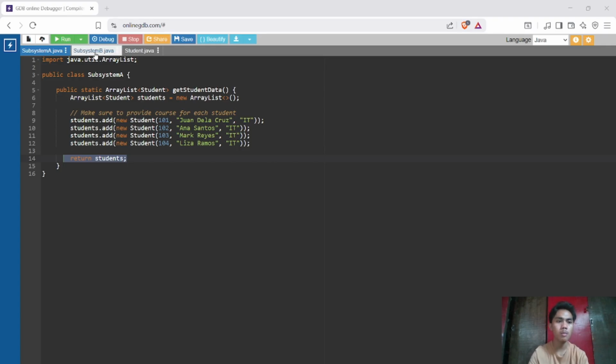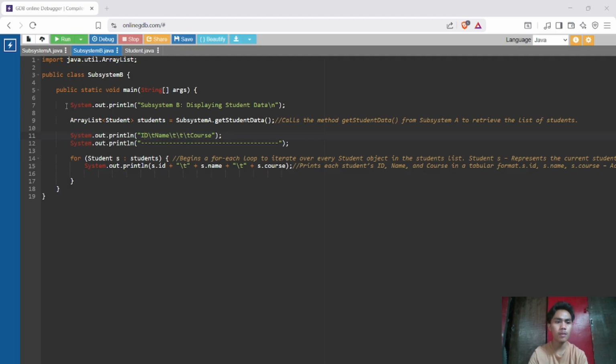So let's go to subsystem B. In line 7, it simply prints "Subsystem B displaying student data." In lines 8 and 9, the ArrayList<Student> calls the method getStudentData from subsystem A to retrieve the list of students. In lines 11 and 12, it prints a table with a header row: ID, name, and course.